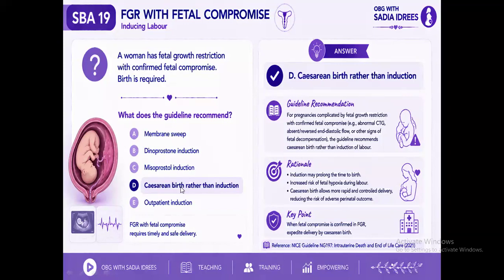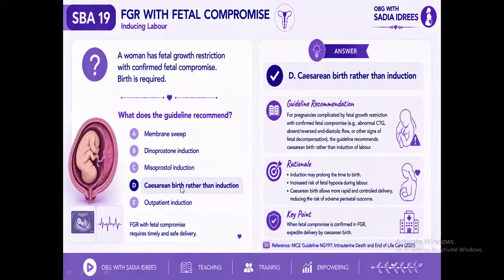Why? Think about the physiology. A growth-restricted fetus may already have limited placental reserve. Labor is essentially a repeated physiological stress test. With every uterine contraction, uteroplacental blood flow temporarily falls. So a healthy fetus with good reserve usually tolerates that. But a compromised growth-restricted fetus may have very little reserve left. So asking that fetus to tolerate hours of cervical ripening, then contractions and labor may expose it to further hypoxic stress. That is why when fetal compromise is already confirmed and delivery is required, the safer route is generally C-section